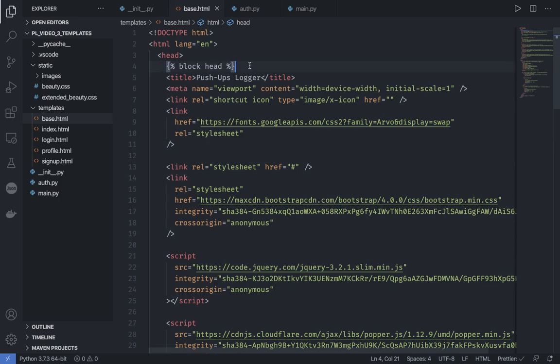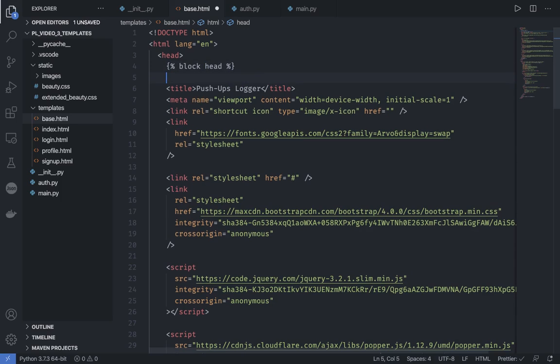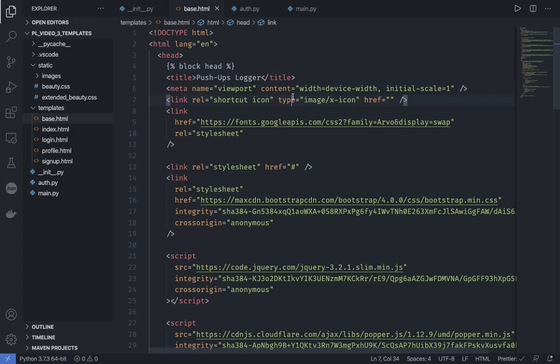So any statement under a curly brace and a percentage sign will be a control statement, for example, for loops, if statements, blocks, etc. And anything between these two will be a statement, for example, a variable name, initializing a variable name, or printing something. So we can use these to actually talk to our HTML file using Python, or use Python in our HTML